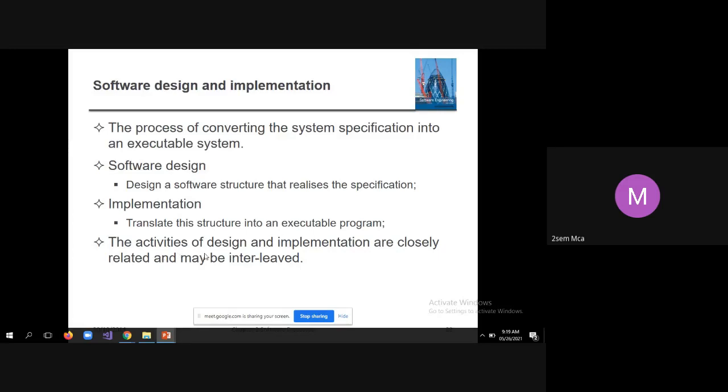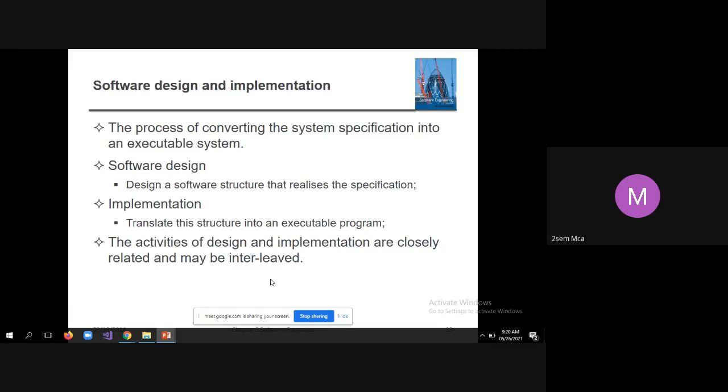The activities of design and implementation are closely related and may be interleaved. For example, you have already done the design and the developers have started developing the system.